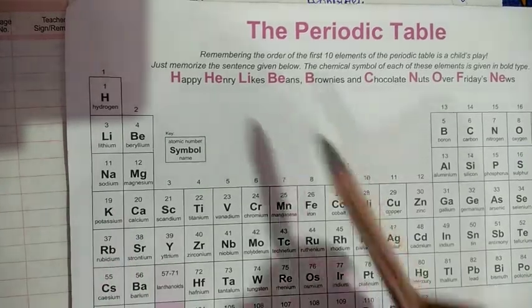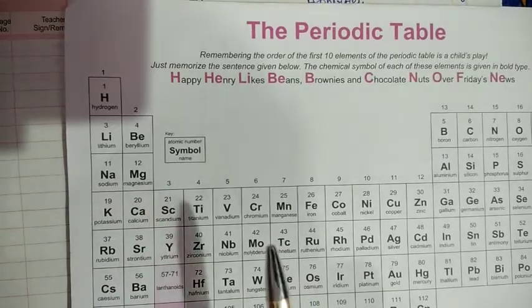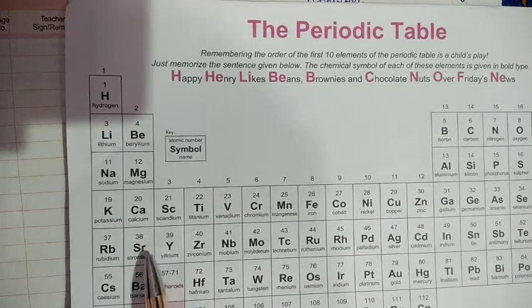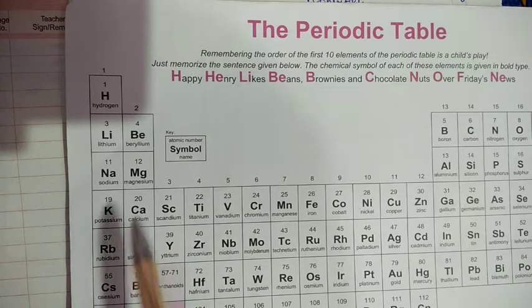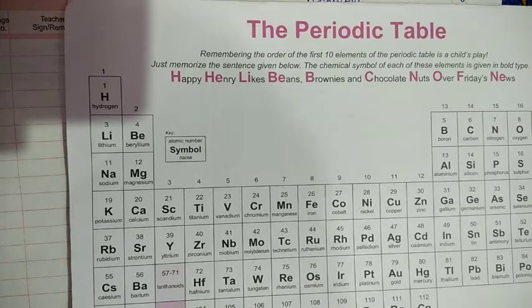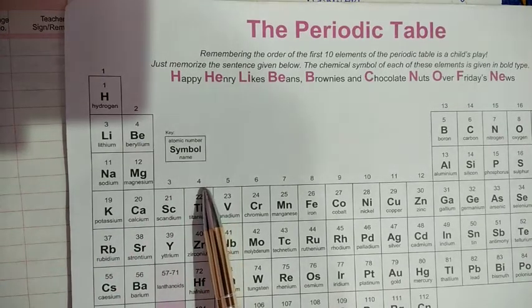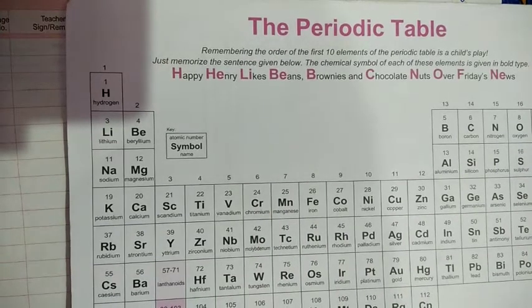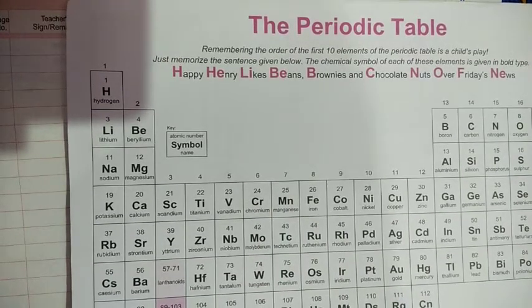So if we go down the group, the number of shells is added, the size increases, so atomic radius increases down the group. That means from top to bottom. Okay, students. In any group, if you go down the group, atomic radius increases. Why? Because the number of shells is added and the size of the atom increases.